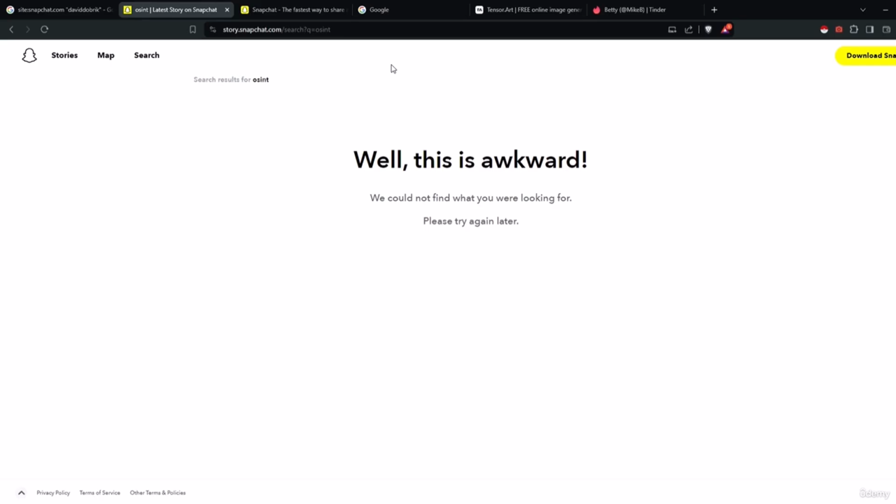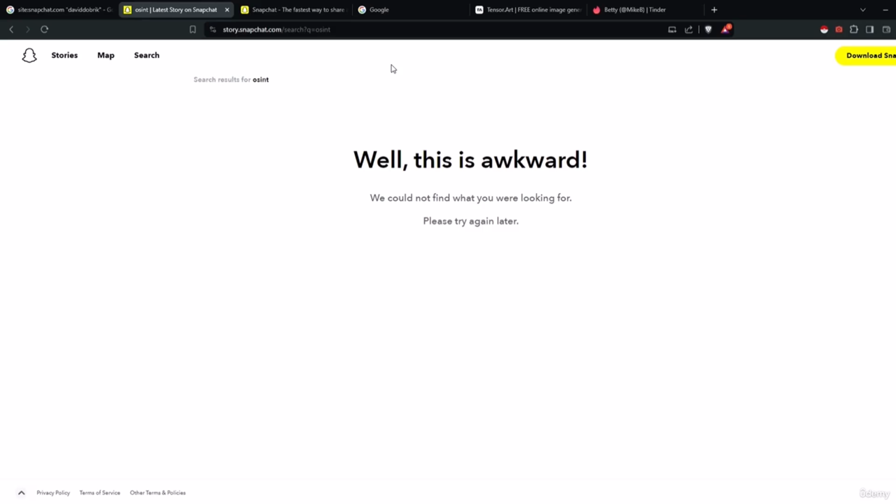However, the most reliable and useful option Snapchat has to offer is their map. This is as sometimes we'll be monitoring some event or a criminal activity that happened in some place, and since people in this generation tend to carelessly post everything to the internet, we might be able to find some clues on the Snapchat map. Sadly, the only way to access it at the time of the recording is via the phone app. So on my phone I will navigate to Snapchat, just give me a second.